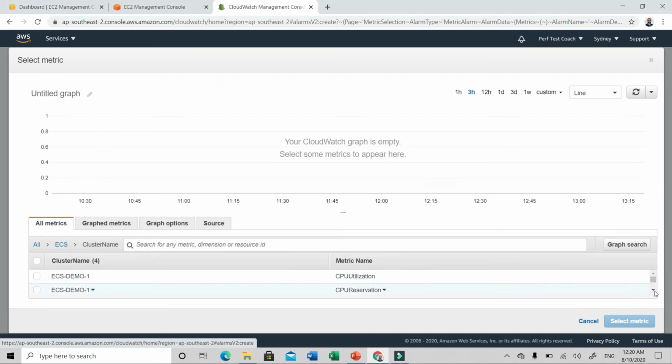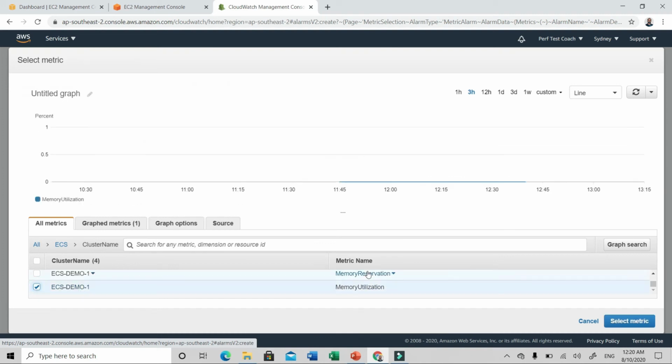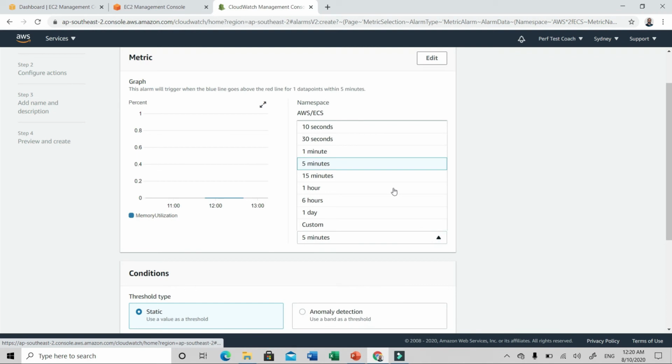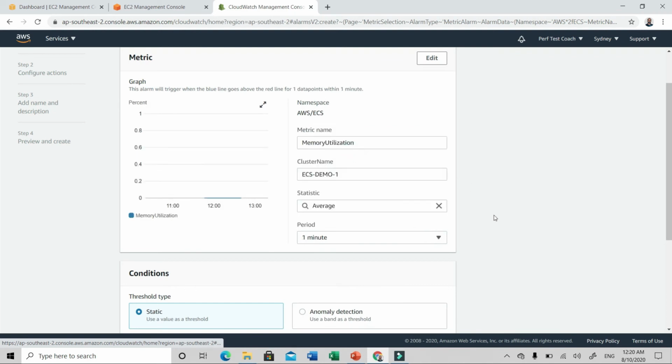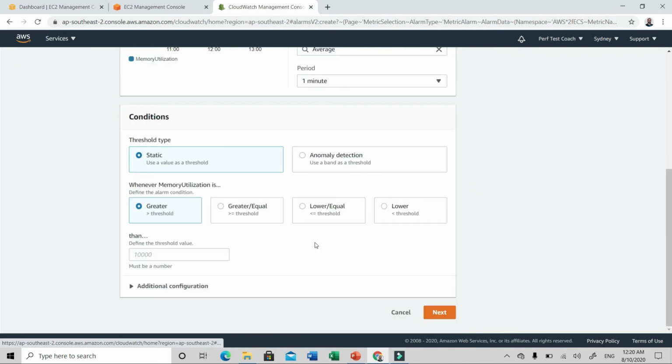I want to create an alarm based on memory utilization, so select this option and then click on select metric. Let me change this to 1 minute. This is a scale down alarm, so we need to select this option, lower than or equal to, and the threshold value, let me give it as 30%. So basically this is 40% of the scale up alarm.